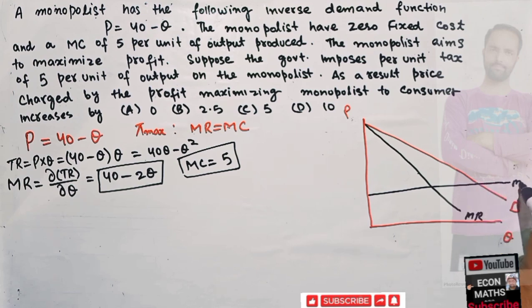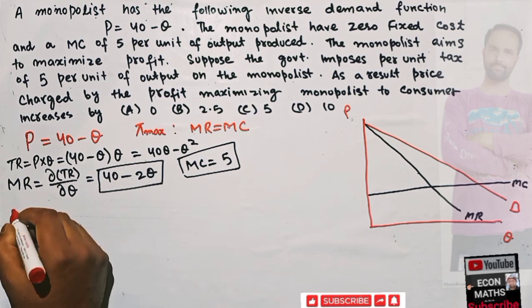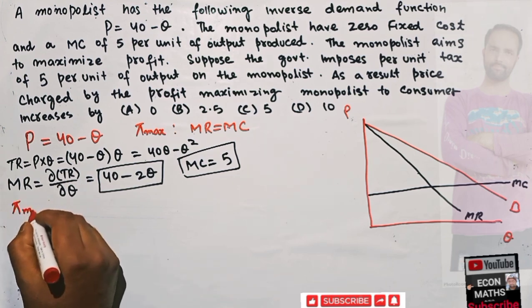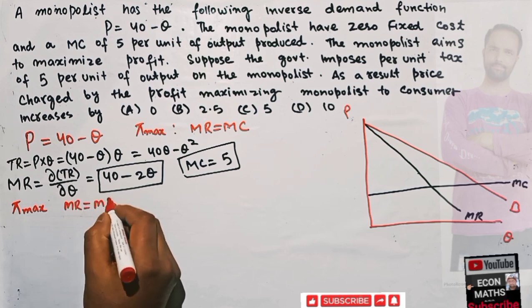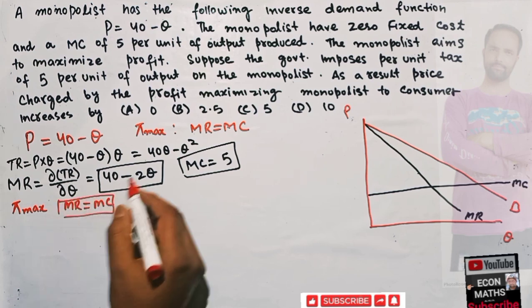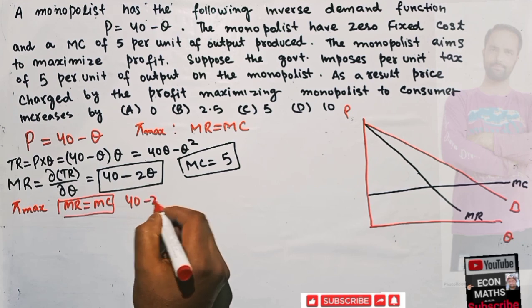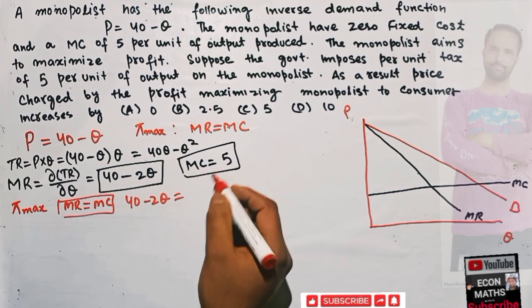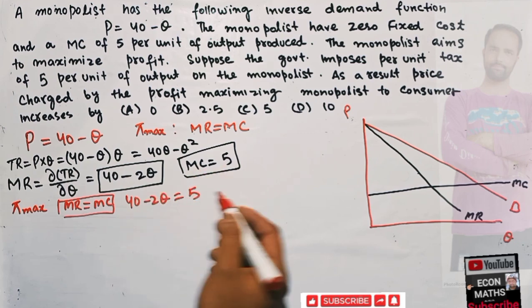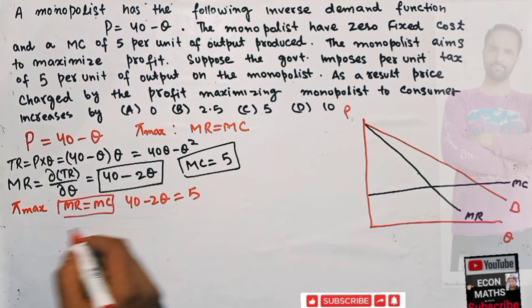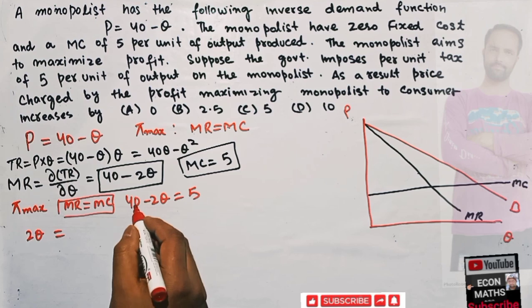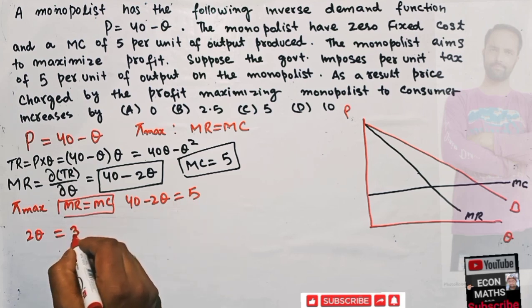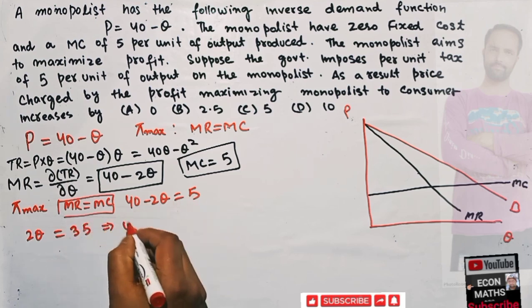Okay, let us say this is our marginal cost. Now profit maximization requires marginal revenue should be equal to the marginal cost. So we have marginal revenue 40 minus 2q. We equate this with marginal cost of 5 and solving for q, which means 2q. If I transpose this, so we have 40 minus 5 comes out to be 35, which implies q is equal